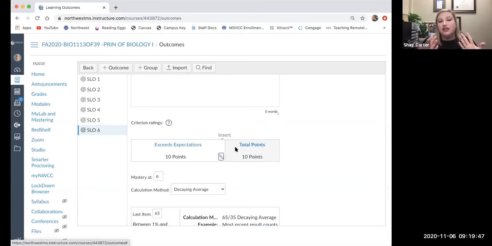But you don't actually have to have a whole bunch of criterion ratings. Even though in my chemistry course, I went in and I added a whole bunch of different ones. You don't have to do that. You only have to have one criterion rating so that your total number of points adds up to the total number of questions that you have in your SLO set. Okay. And then you set your mastery threshold. For biology, we use 60%, 6 questions out of 10 questions for each question set. And so our mastery threshold would be 6. If a student achieves 6 questions, then